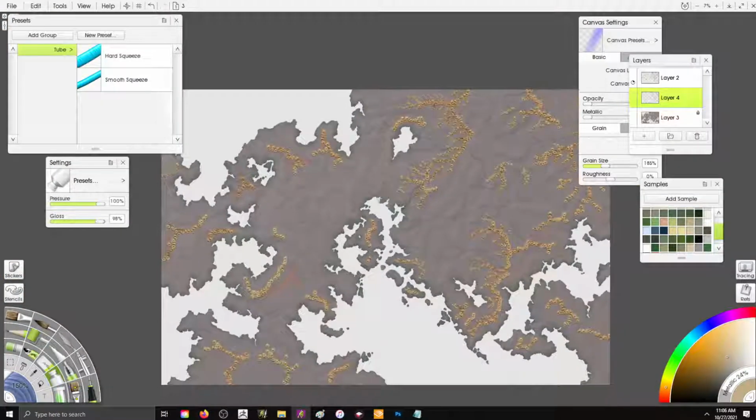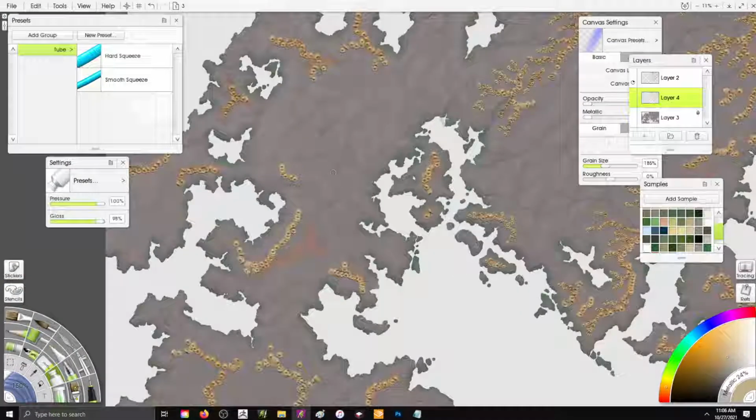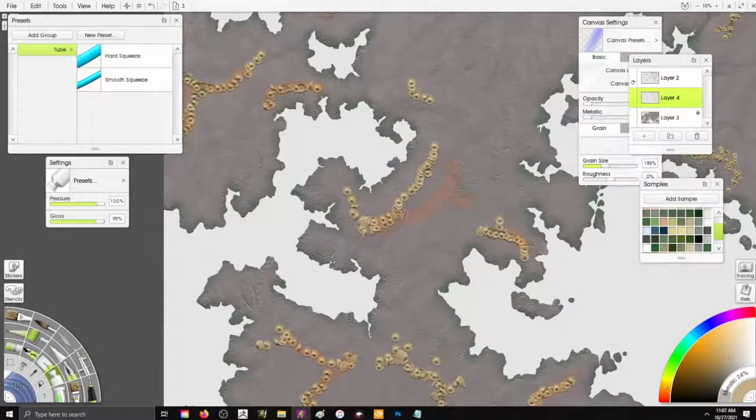Let's have a look at that. Oh yeah, we got some, see how that's working? Come back down here. Make some little mountains here. Little more mountains. Now, the reason I'm doing this is,